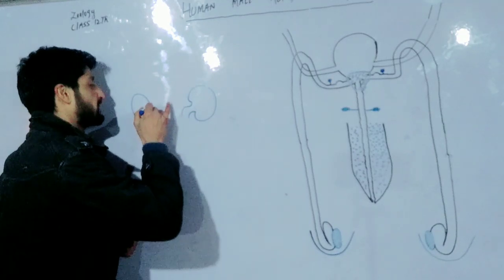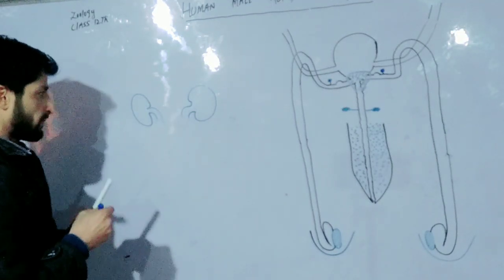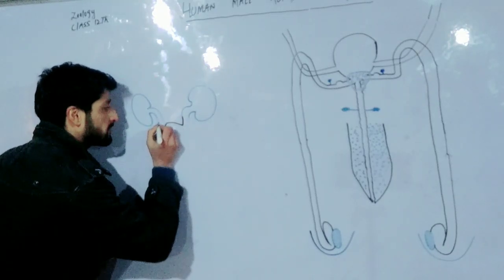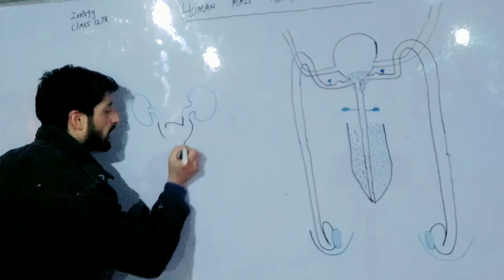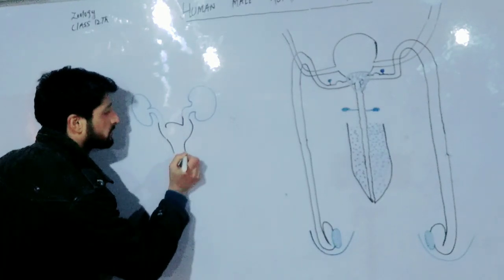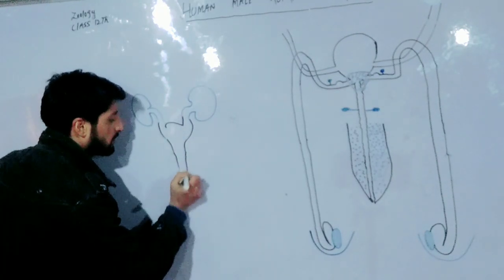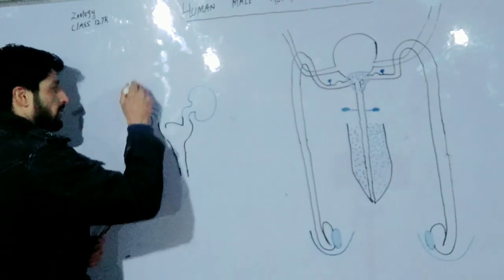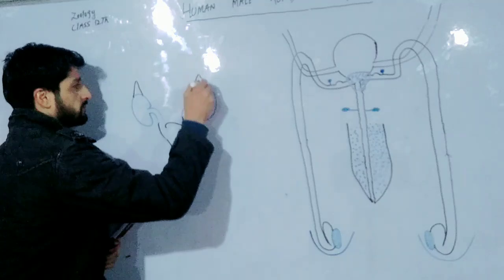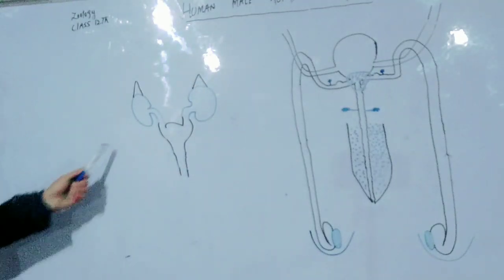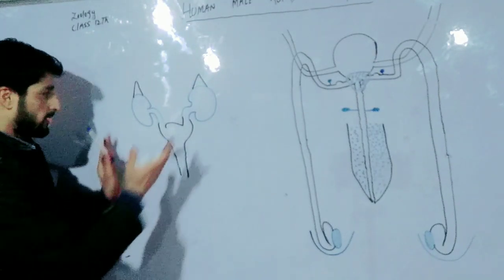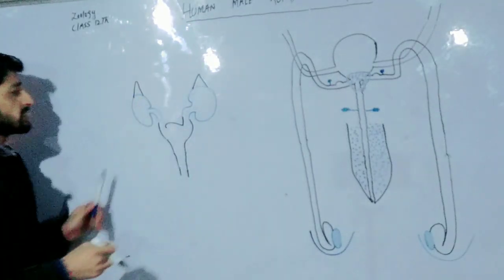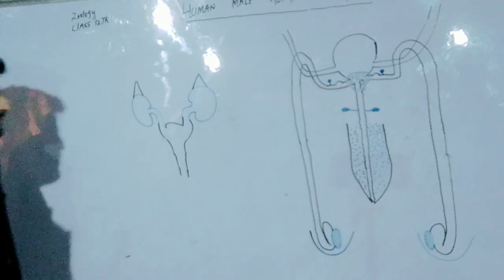human excretory system. Because human excretory system is having correlation with human reproductive system. Here it is just a schematic representation of human excretory system, in which Almighty has bestowed us with a pair of kidneys,